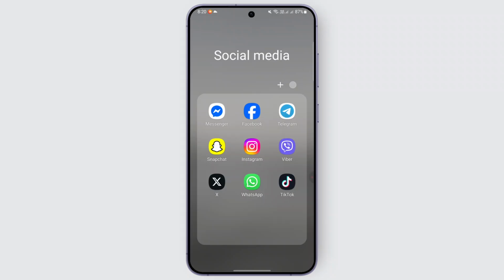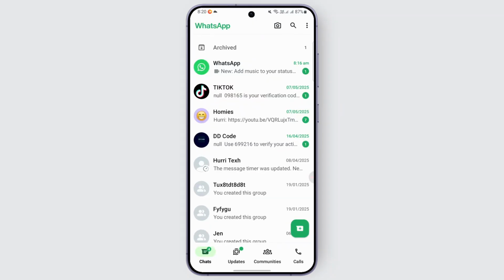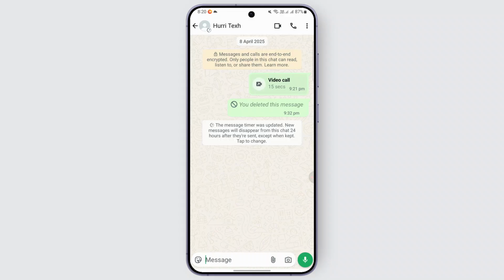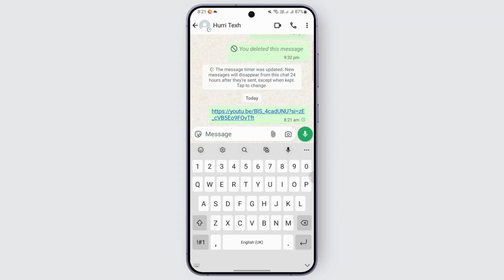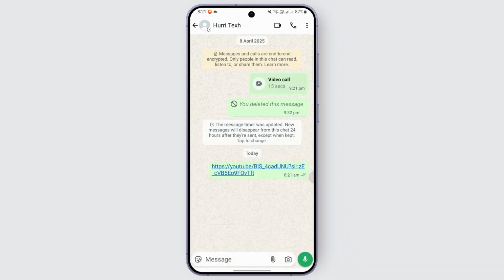So for that, when you open up your WhatsApp and share a link, for example from YouTube, head over to a chat. After that, go ahead and paste the link here. You can find the link preview, which means that it has been turned into a blue link. When the other person taps on it, they will be redirected to the YouTube or any kind of link that you provided. So if you don't want the link preview, what you can do instead is head back